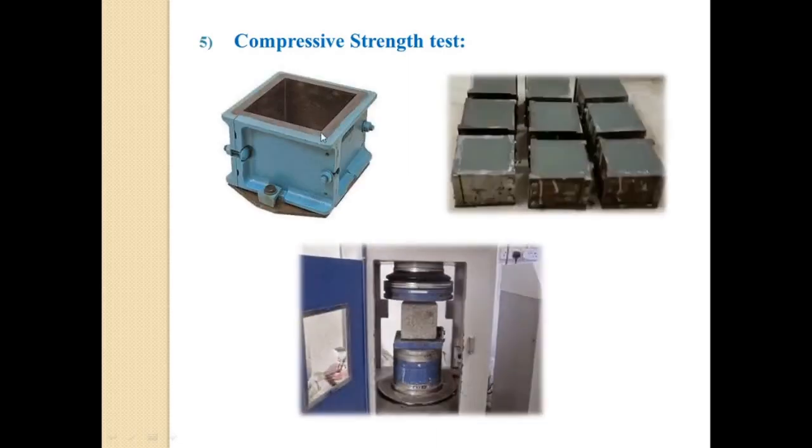Here we can see the mold for the compressive strength test. The area of this mold is 50 centimeters square. Both sides are 7.07 by 7.07 centimeters. Okay, so let us see the procedure for the